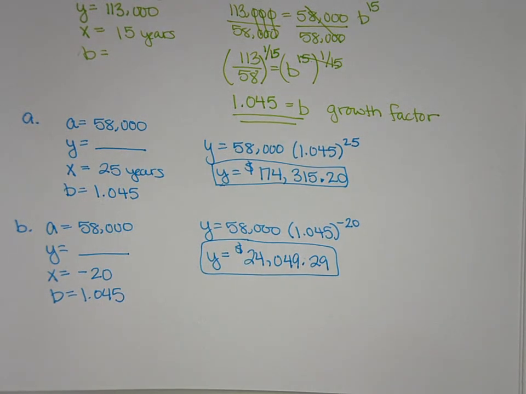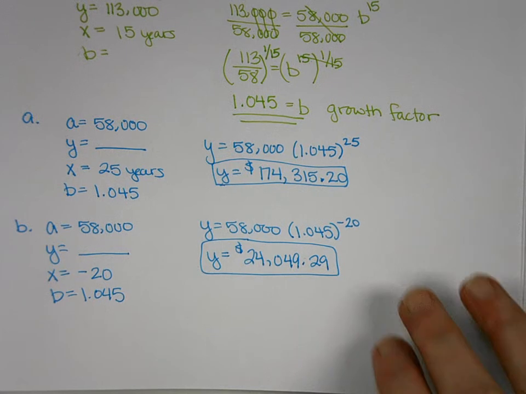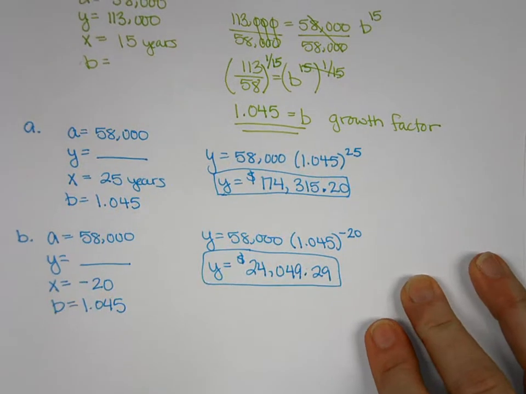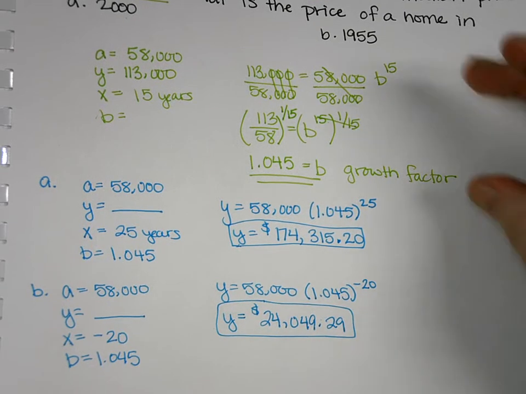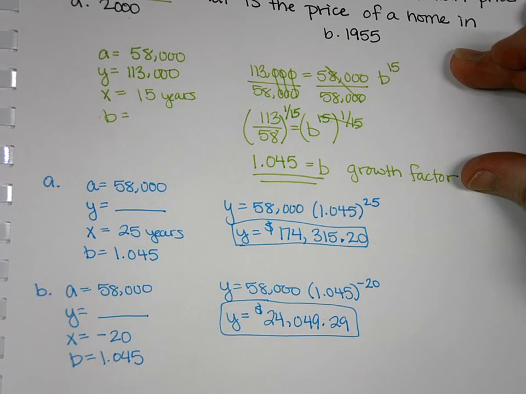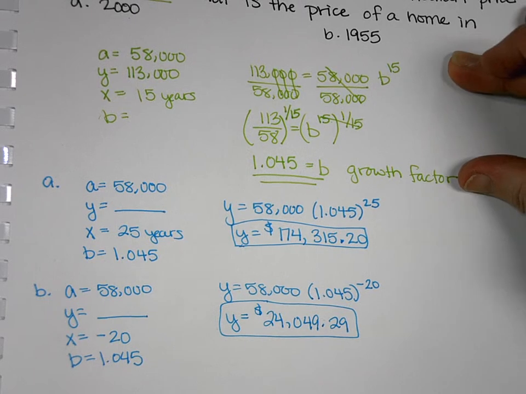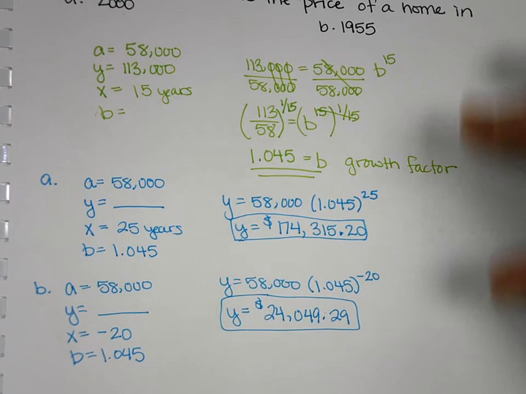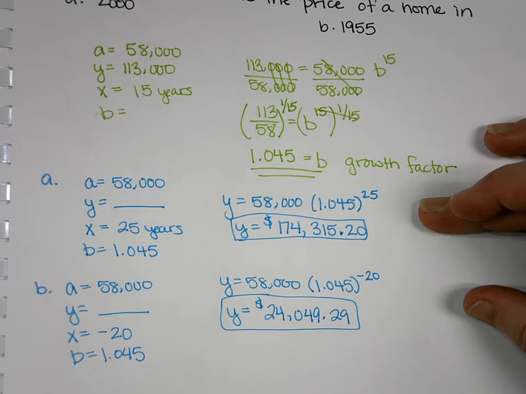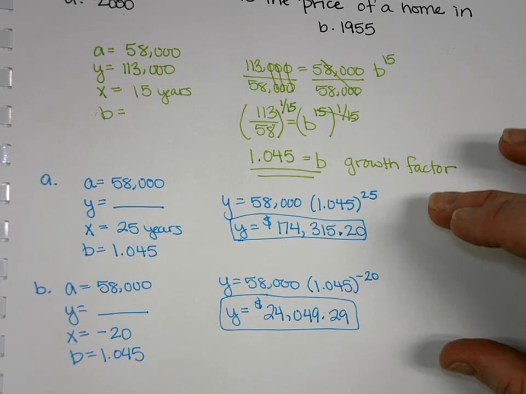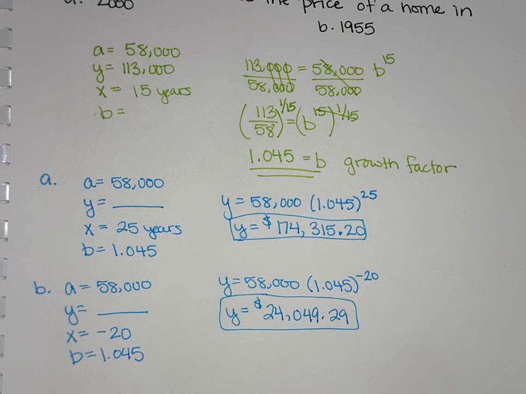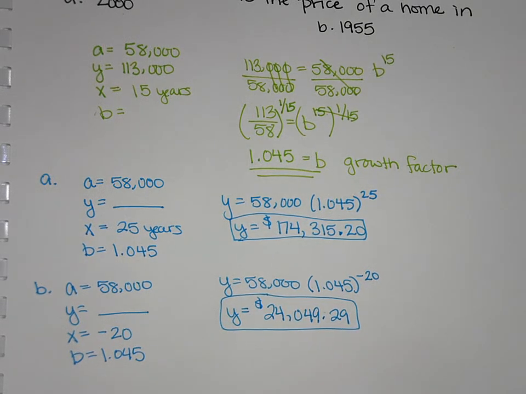Okay, so again, in this type of problem, we had to use two sets of given information where we knew start and end to find the growth factor, and then we used the same start but different endpoints, and that growth factor we just found, to help us figure out and predict amounts in other years. So we are going to do one more like this where we use our exponential growth and decay,